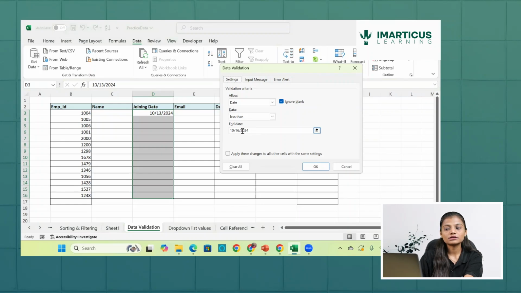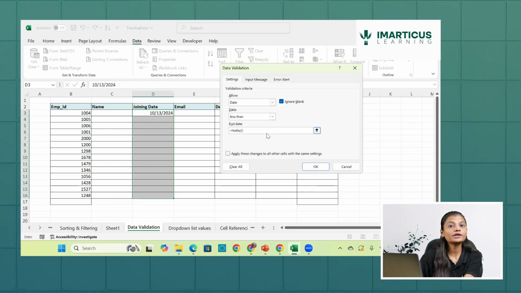Or let's say tomorrow I'm opening this file and I want the data validation to be implemented. So the date will obviously look that it should be less than the given date. Obviously, it is going to look that it should be less than 16th of October 2024. But I don't think that I want 16th of October to be a fixed value. I want this date to be changing on a daily basis. So you know that there is a function known as what? Today,